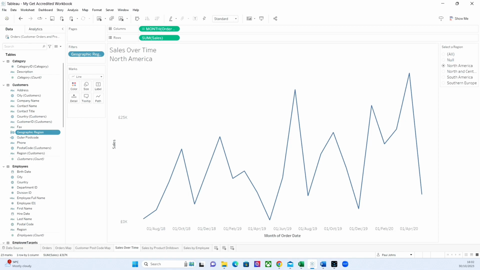There is a bonus in this exercise. I would recommend doing it. We're going to create a hierarchy from the geographic region, country customers, city customers and outer postcode dimensions. So I'm going to right click on geographic region, and we're going to go to hierarchy, create hierarchy,